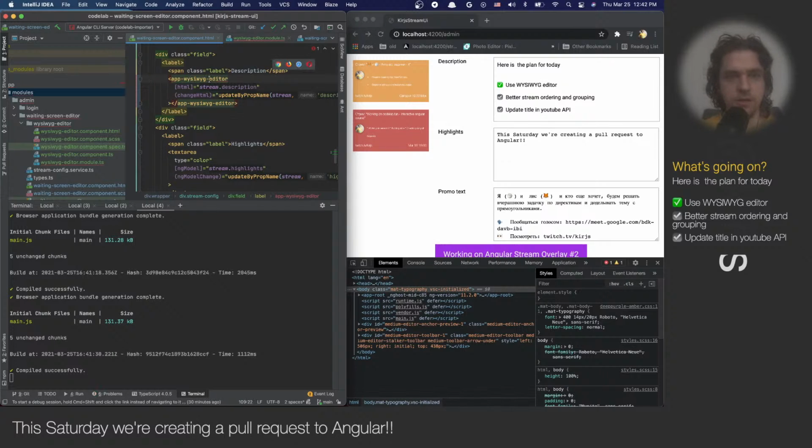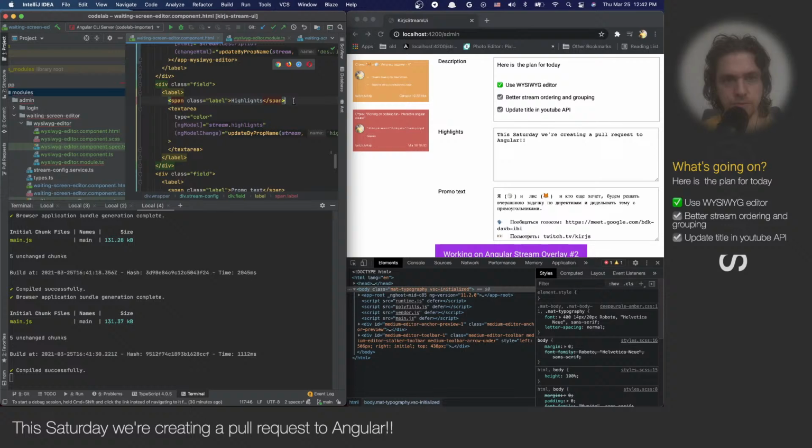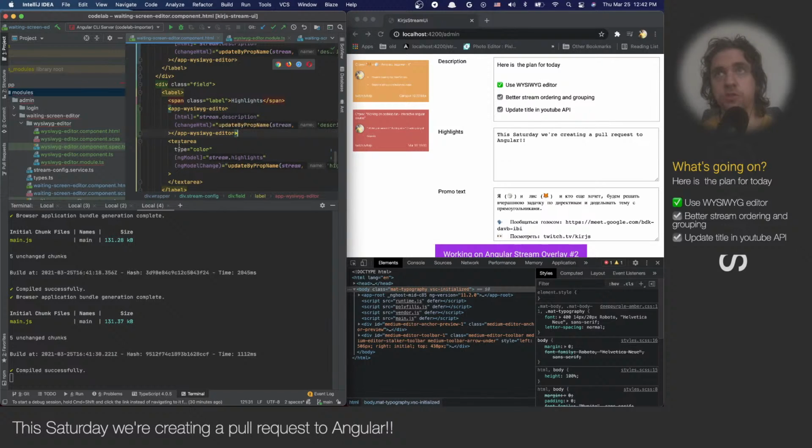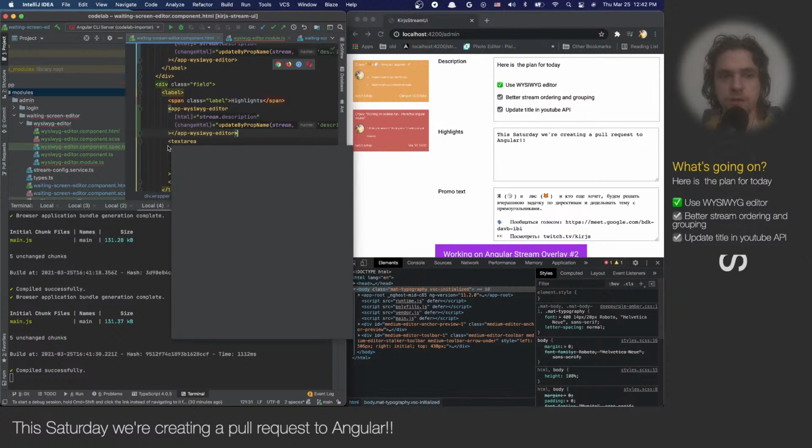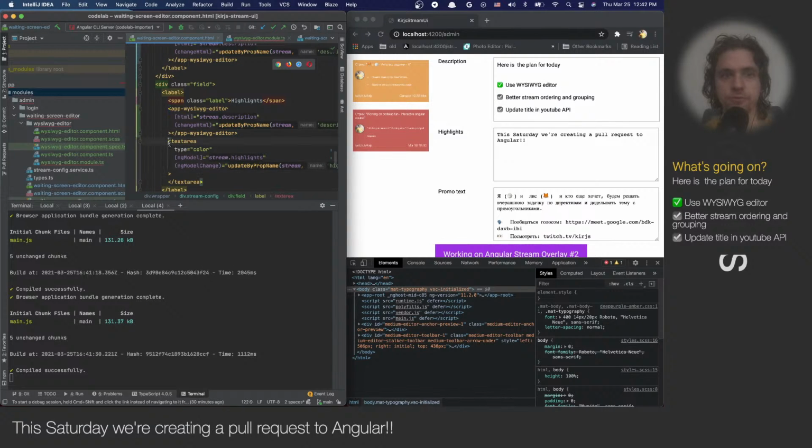Let's check. Here instead of text area, obviously it can work. The only thing I am afraid might not work is that right now I just split it by new line, and I don't know if it will work once I